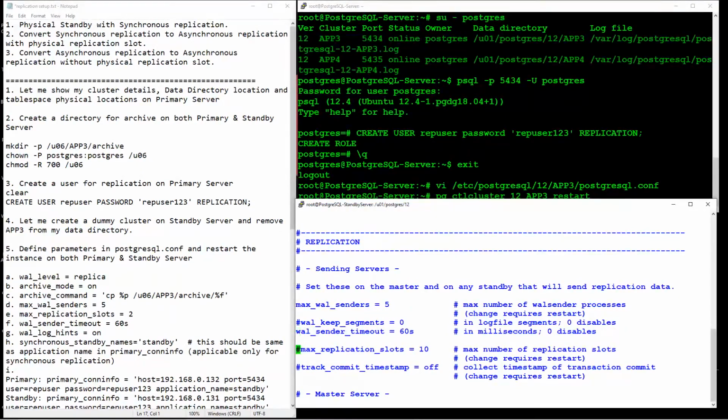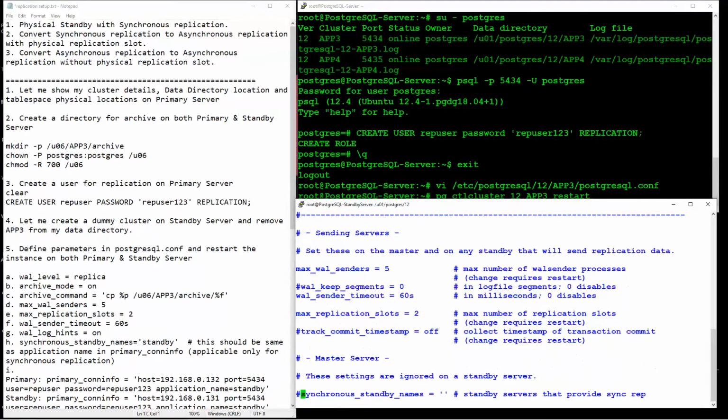Replication slots, mention it as 2. Let me define this one as my application name. Anyway, I'm going to define it as the same.